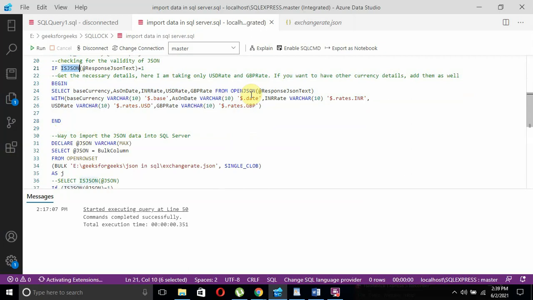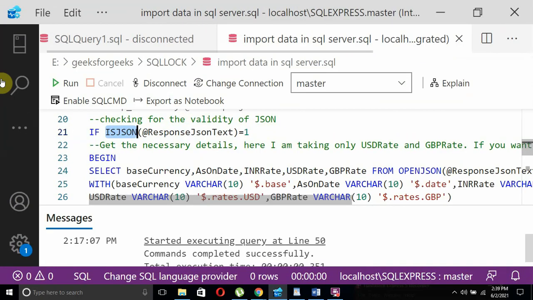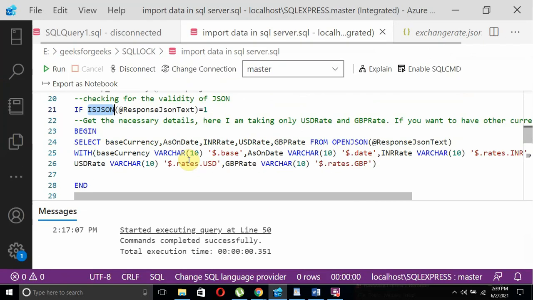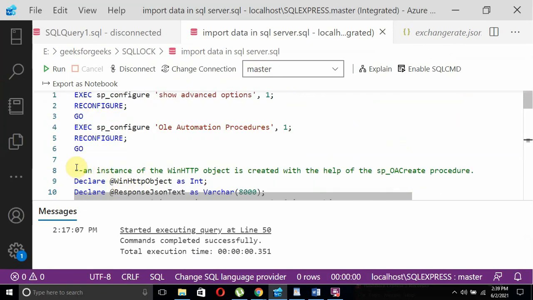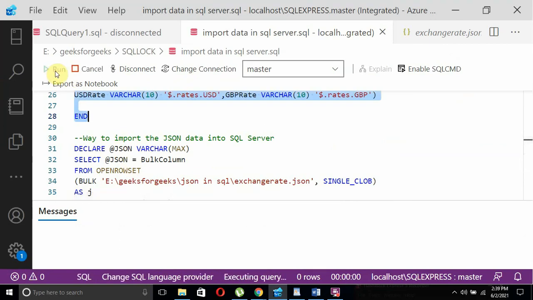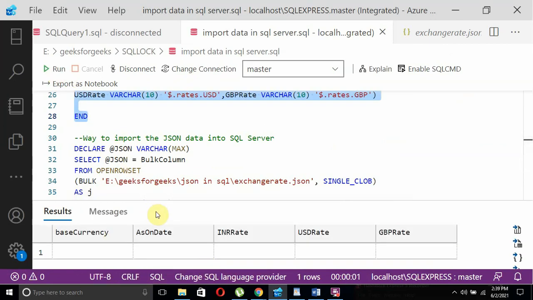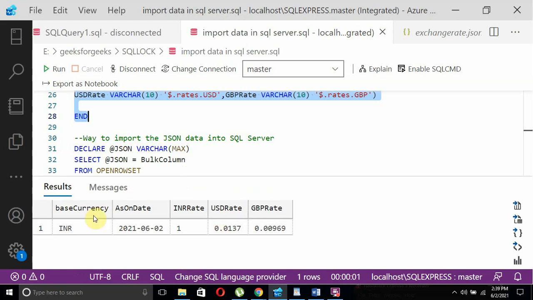Maybe you can make it big also in order to view properly. Okay, so now if I execute till here, I am able to see the values here. See, my base currency.